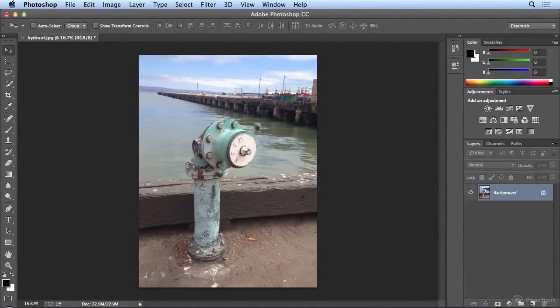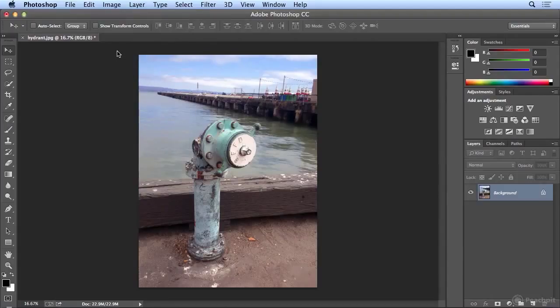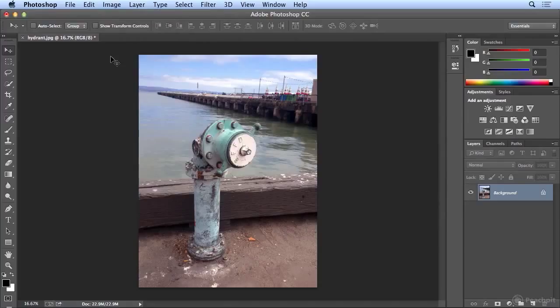Photoshop has two primary ways to edit images. Destructive, which would be anything under the Image menu, and something like Auto Color and Auto Tone, which can get you there quickly, or Auto Contrast. I tend to like to try all three, but those settings are permanent to this image. So if it goes too far or does things I don't like, I can't go back after I've closed and